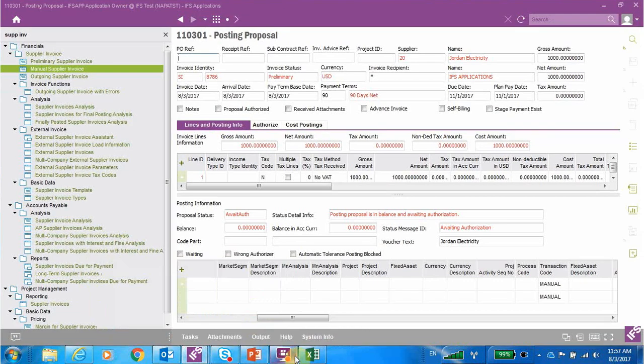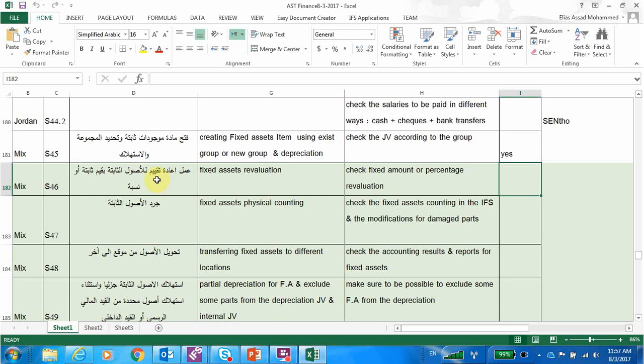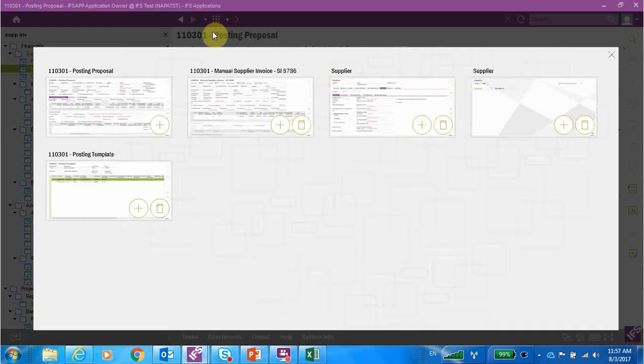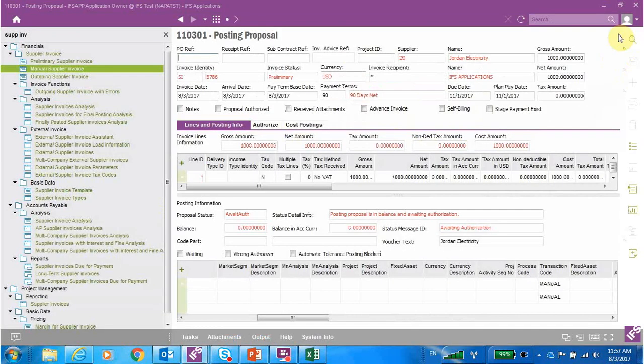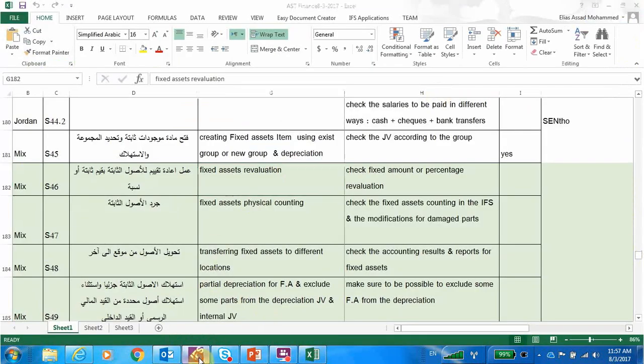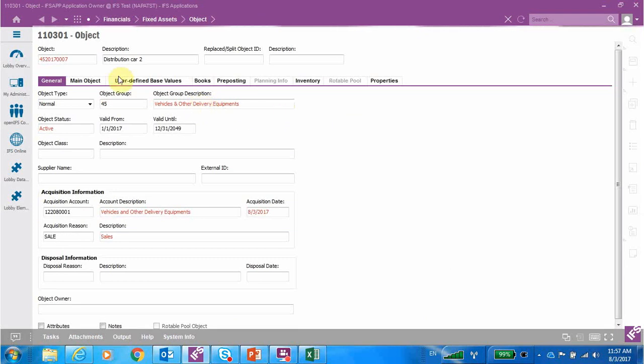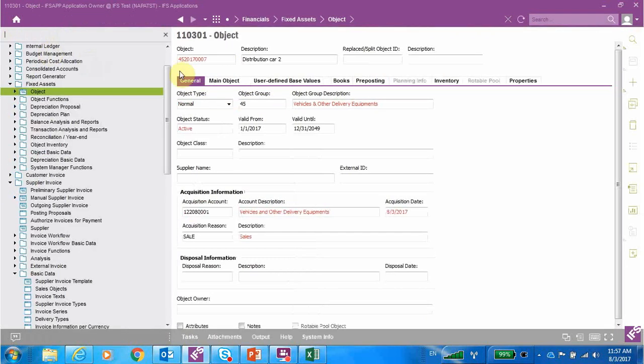Okay, shall we continue? Now we have how to reevaluate the fixed assets. Okay, let's go to our fixed asset. Let me close this first. Okay. This is our assets which we created